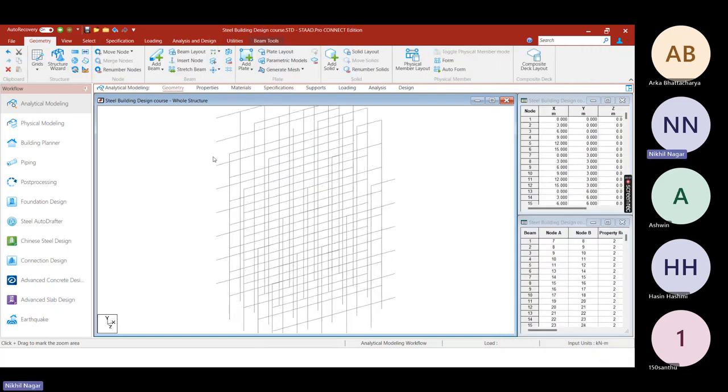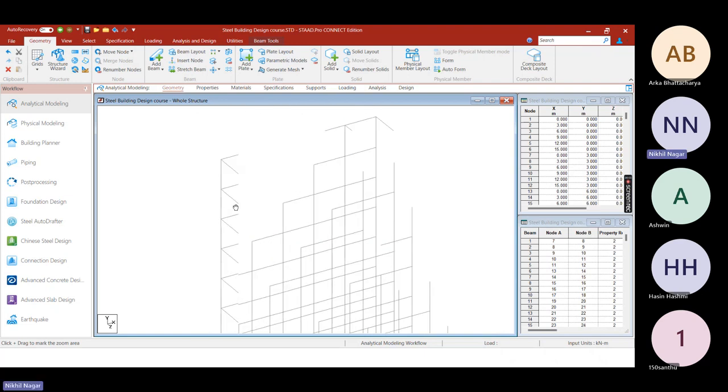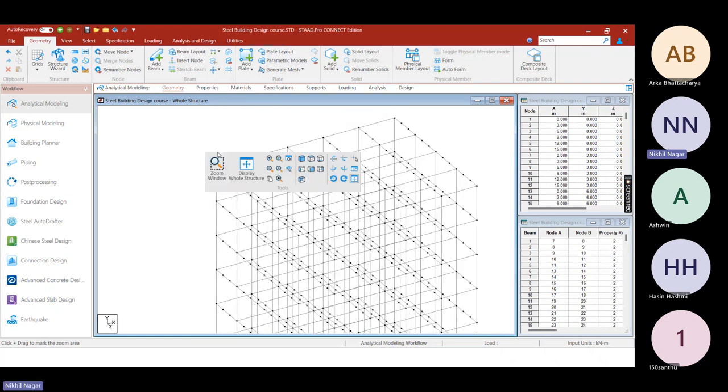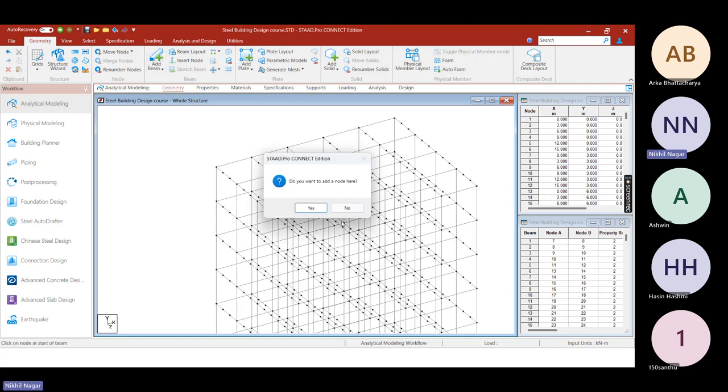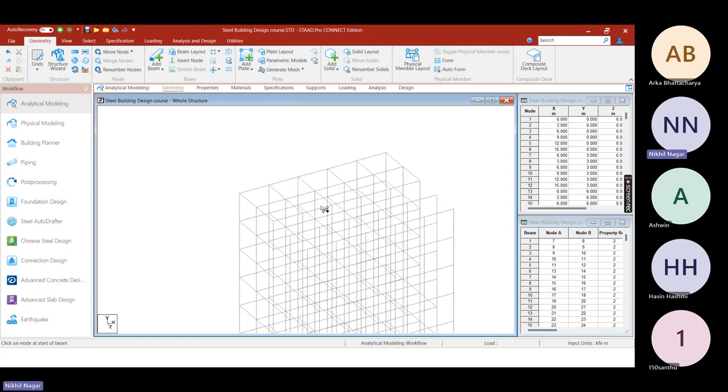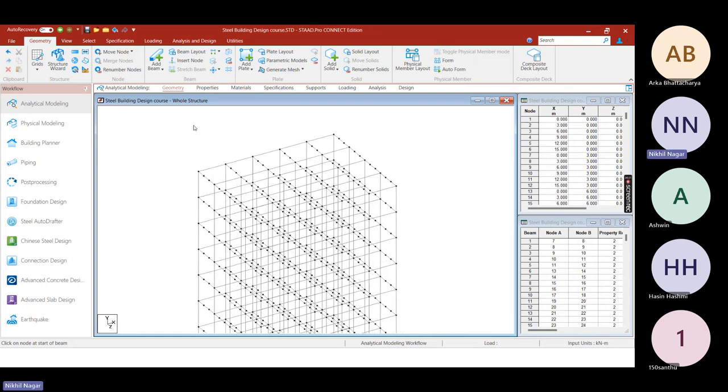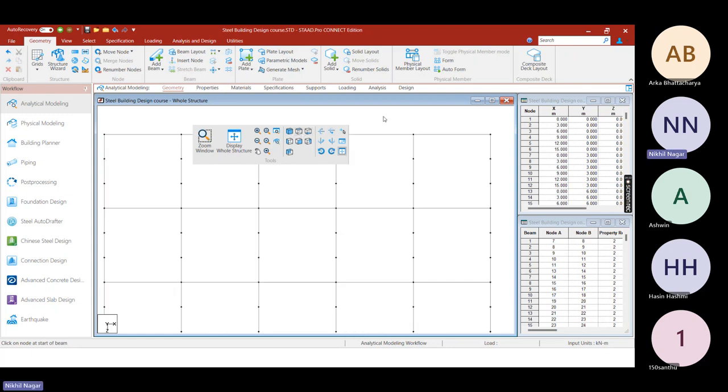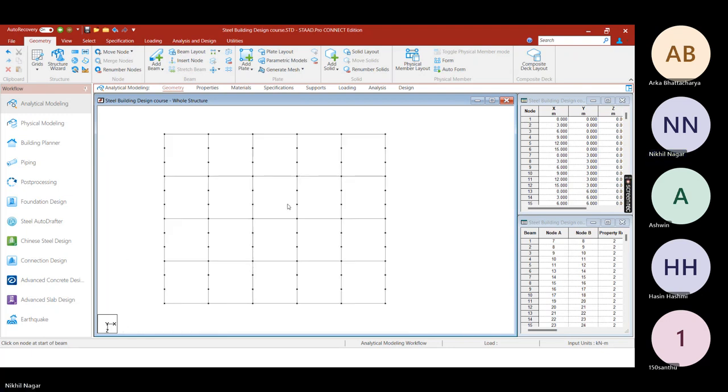So if you go for the geometry then you will be able to see the nodes are divided everywhere. Now it's a very complicated task कि अब तुमको हर एक नोड पे क्लिक करके ऐड बीम पे जाके सारे बीम बनाने पड़ेंगे। तो हर केस के लिए तो बना नहीं सकते, बहुत ज्यादा नोड हो जाएंगे इसके अंदर। So there are some tools also that I have covered